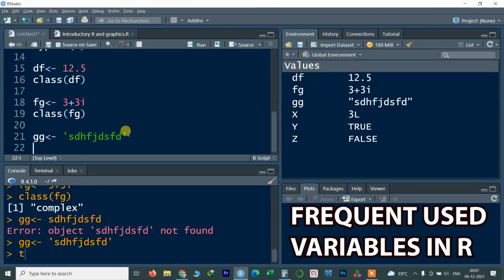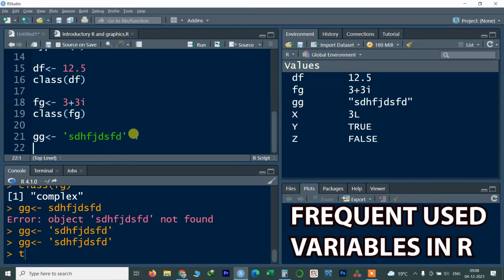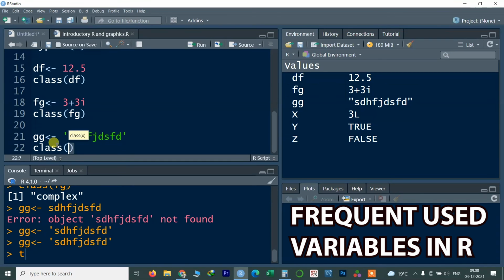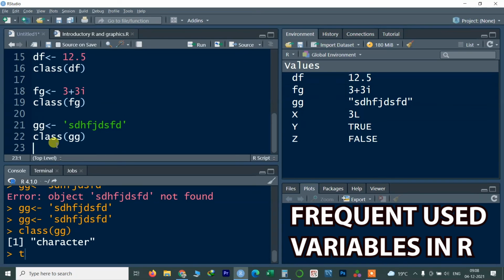Once you type this text in single or double quotation marks, press Ctrl Enter, and it has been saved. In the environment area you can also see gg is saved. Now check the class: type class of gg and press enter. It is character.